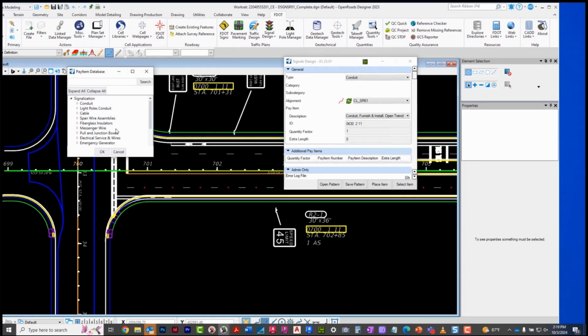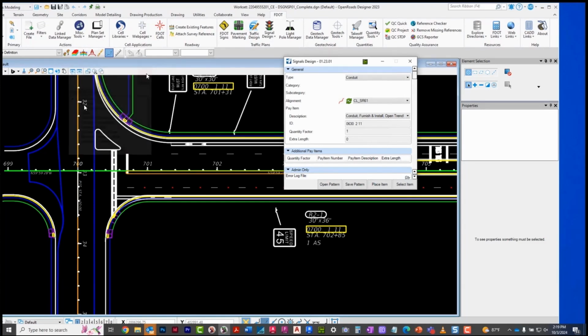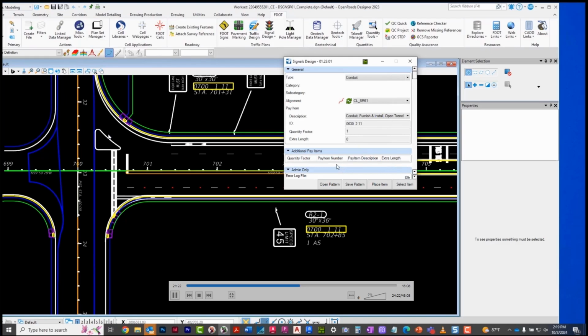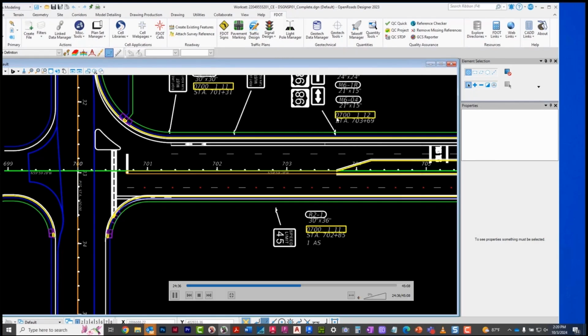This is the pay items and how much length you need to add. We're just going to show that, and I'm not going to add any extra length here because I don't know how that works specifically, but I'm going to show you that with this panel you could add more. And that's essentially what's new with the